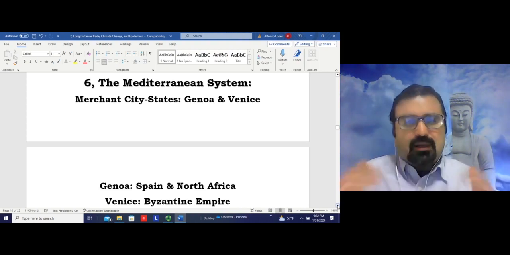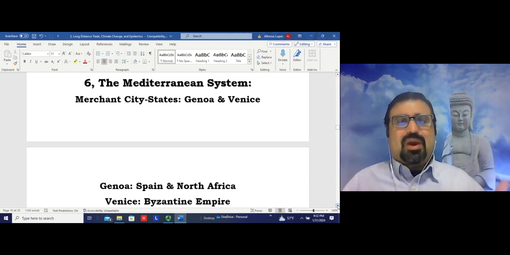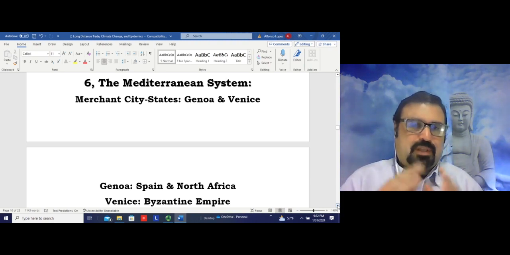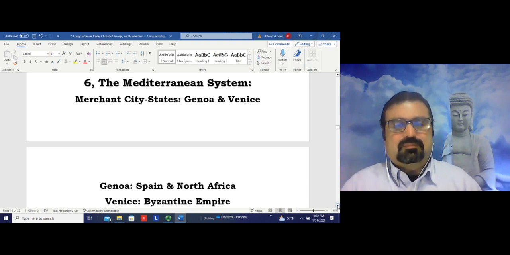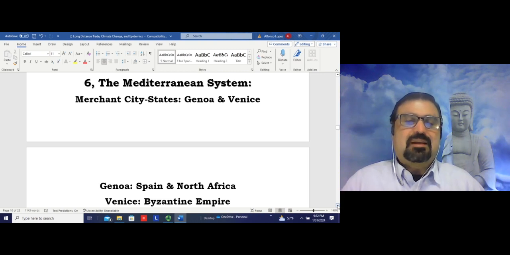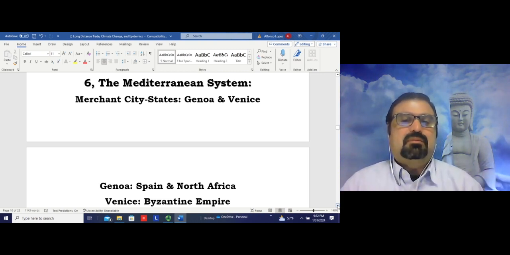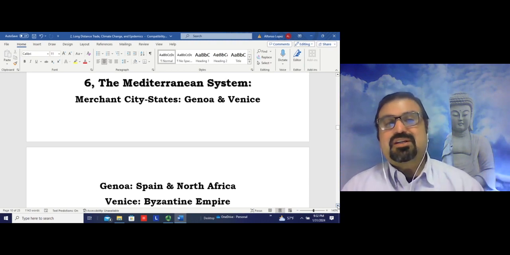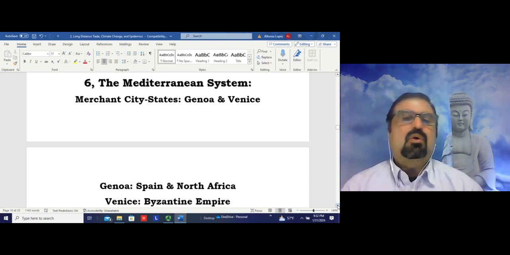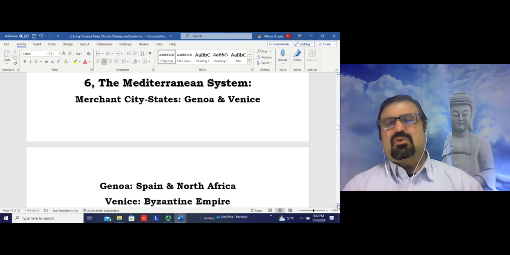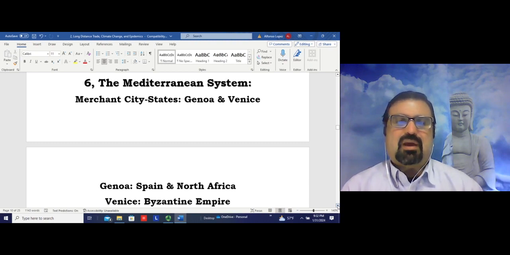The other network I want to discuss is the Mediterranean system. And this is emerging particularly in two merchant cities of the Italian peninsula. It is largely dominated, in other words, by two merchant cities in this case, Genoa and Venice. So during the Middle Ages, Genoa and Venice will become really major centers of international trade, meaning that